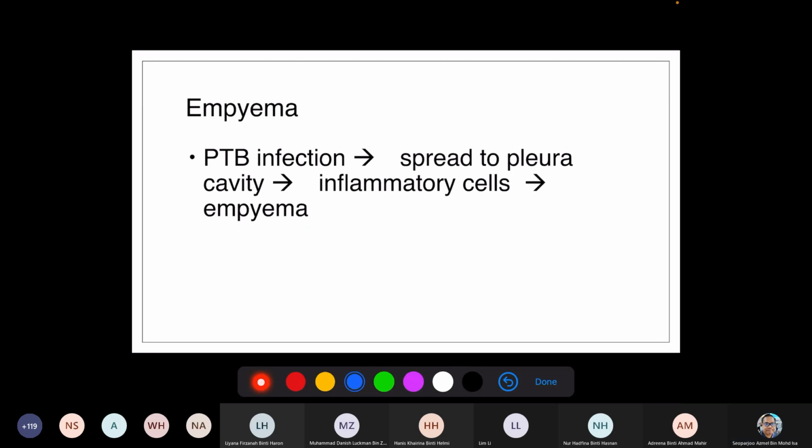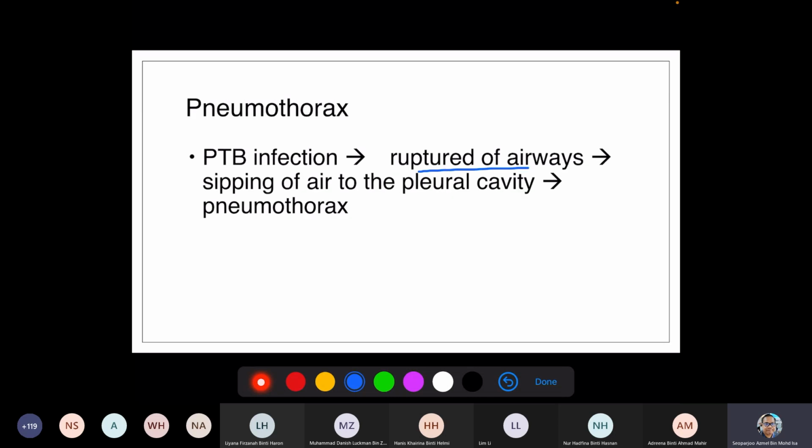All right. Next is pneumothorax. Pneumothorax occurs because PTB infection occurs in the lungs, where air is coming in and out of the lungs and also the large airway, and sometimes this can cause rupture of the airways. When there is a rupture of the airways, air from the outside during breathing can seep into the pleural cavity and cause pneumothorax. So this is another complication of pulmonary tuberculosis. This is also caused by the inflammation and destruction of tissue caused by the Mycobacterium